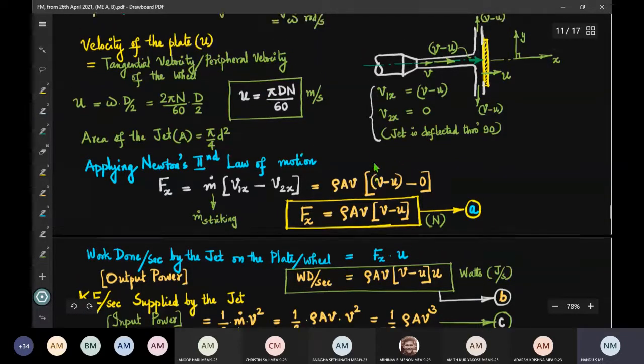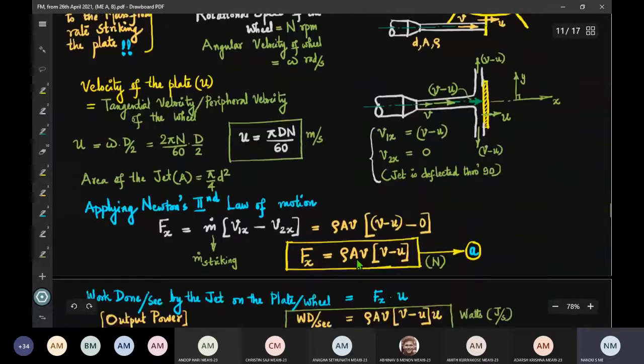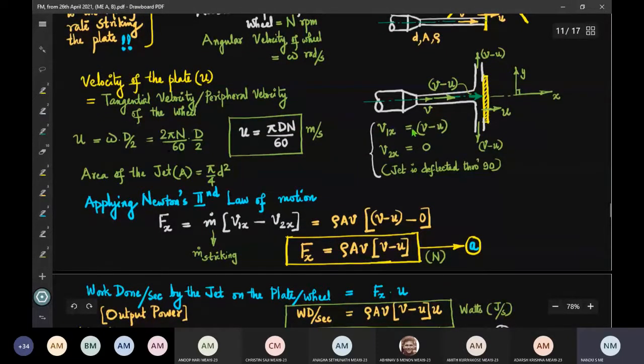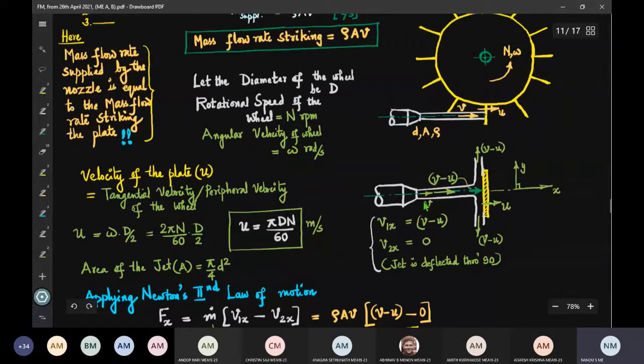And now we will consider the force exerted in this case. What will be the change? You are familiar with all these already. This is the magnified view of a single plate, and the jet is striking normally. The jet is deflected through 90 degrees, and this is the x direction. Therefore, the force is the hydrodynamic thrust in the x direction, that is tangential to the wheel, in fact. And for that Fx, we want to find out V1x. V1x is V minus U only. That is the effective velocity with which the jet strikes, since the plate is moving. So V1x is V minus U.